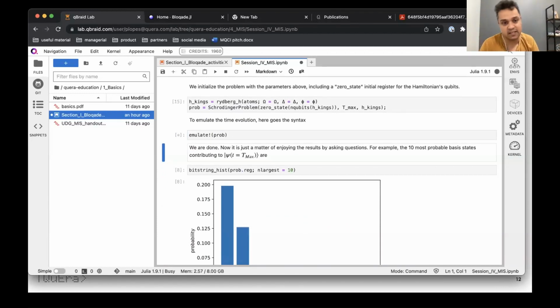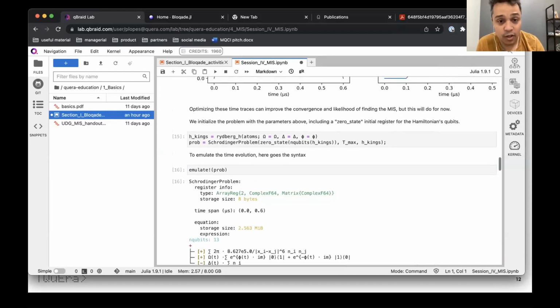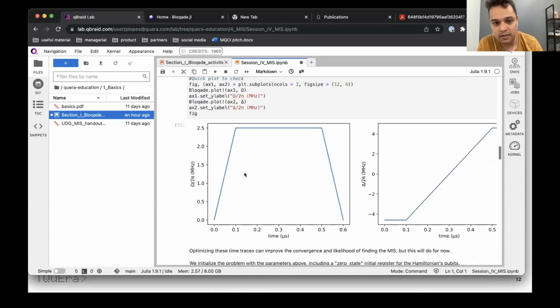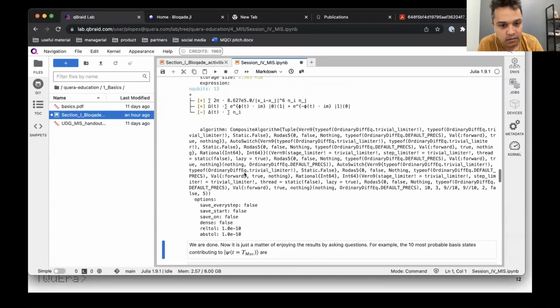It's more than I want, less than it could be. It's going to do it. I have no fear. I trust Blockade. Okay, it did it. Notice that this has been a problem of 13 qubits that was just run in,